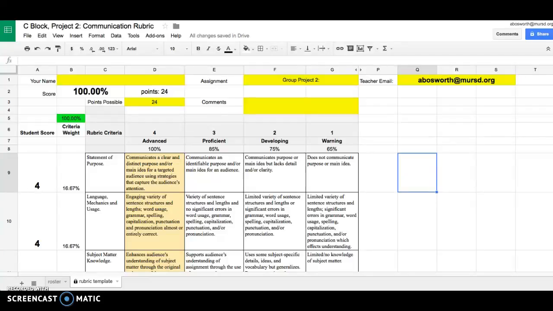With this screencast, I'm going to go ahead and show you how you can use a digital version of the rubric to easily assess your students. You can use this yourself as the teacher assessing the students, and it can also be used for peer review just as easily. So what I've done in this case is I've taken the communication rubric and I've put it